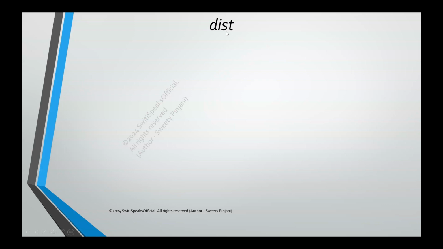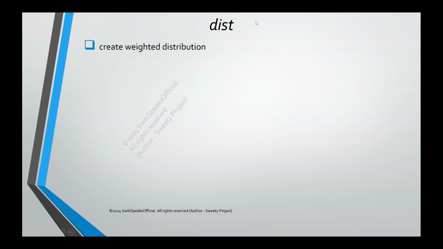Today we are going to learn about DIST in System Verilog. DIST stands for distribution, more specifically weighted distribution. Say for example, while randomizing you want to give more weight to particular values. More weight means you want certain values to be generated more often compared to others. This can be done by providing weights to different values with the help of dist operator. Let us understand about this in detail.